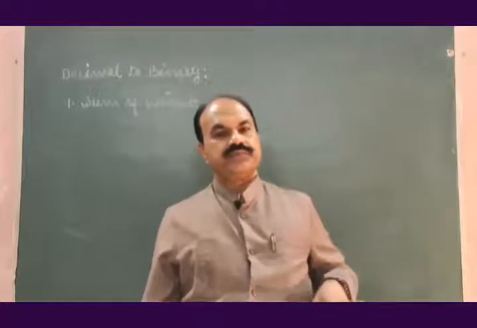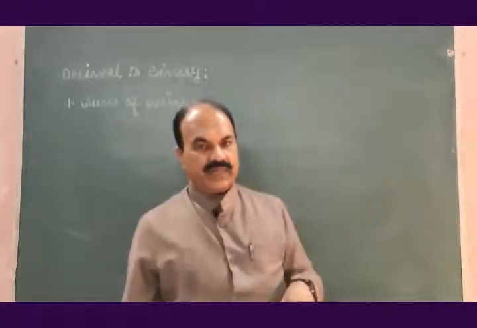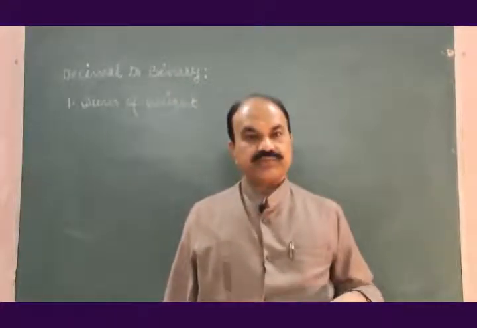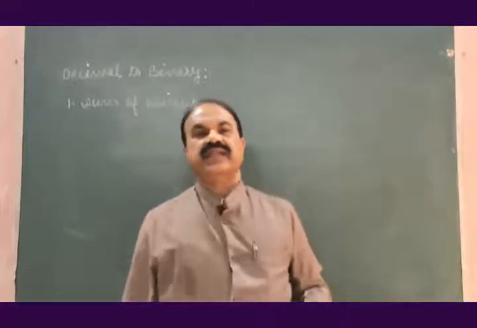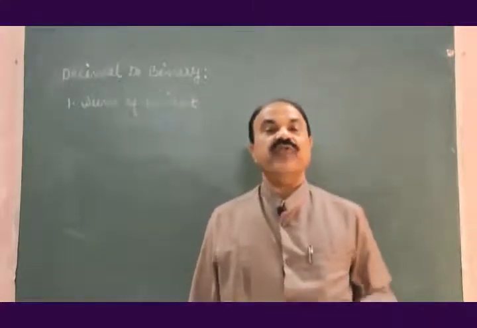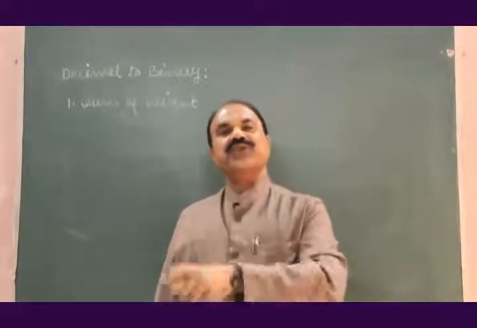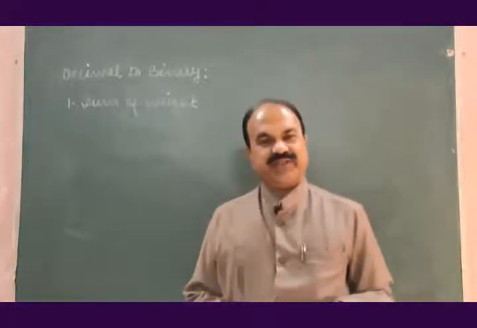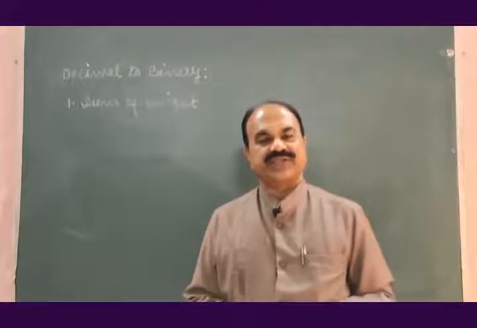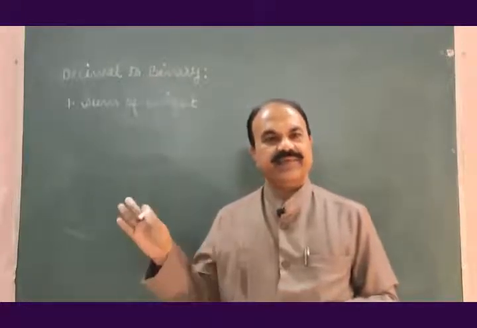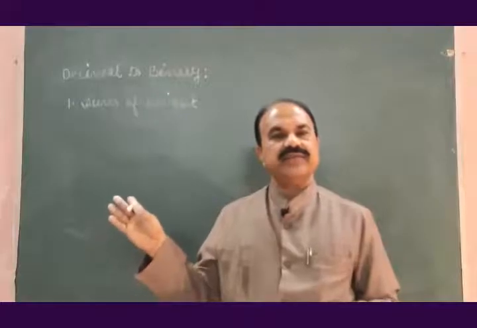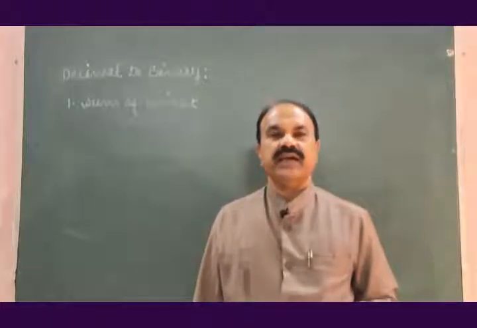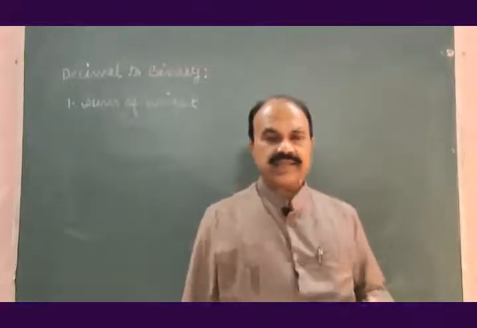Whenever we are given a decimal number, we shall split this decimal number into various integers, and these integers should be weight of various positions of a binary number. We add all these weights together. That will give us the equivalent of given decimal number in the binary number system. Let us start with some example.